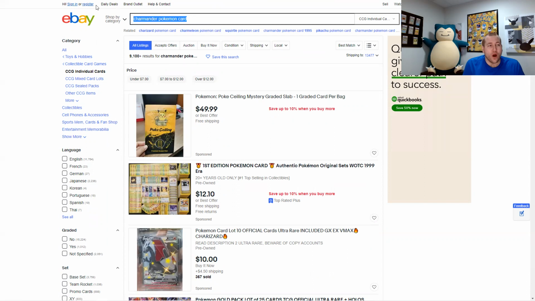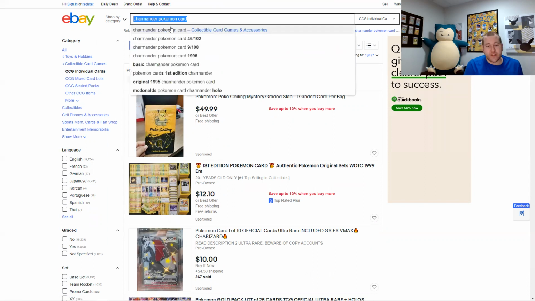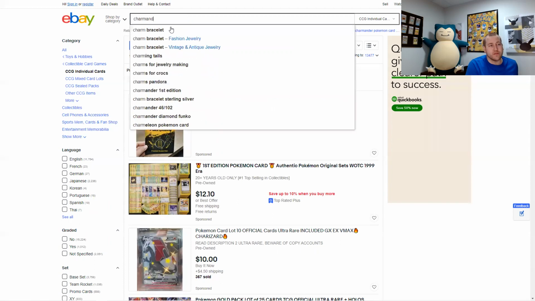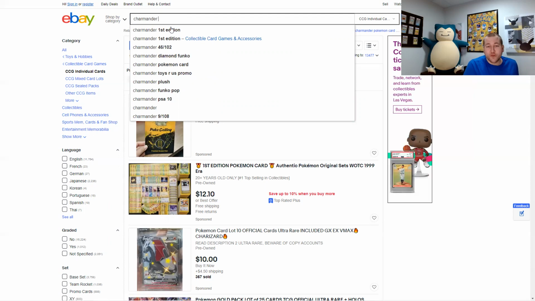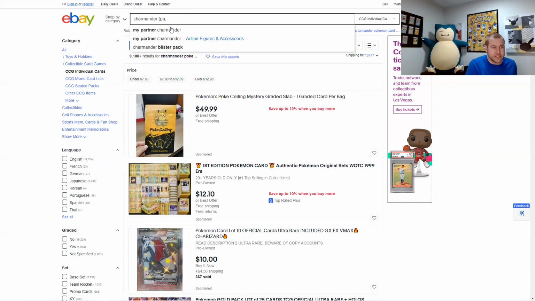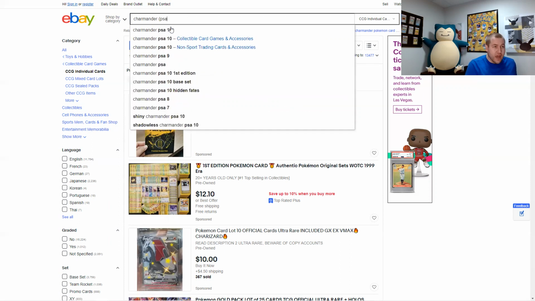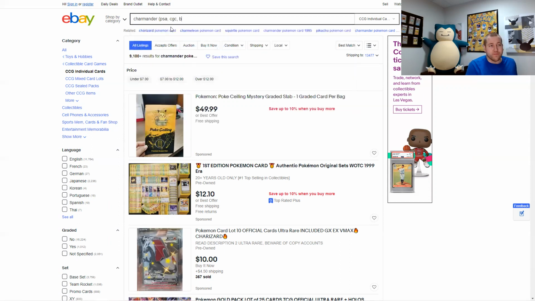If you simply put a word, a space, and another word, you've been using the and thing, whether you know it or not. I guess getting to the next level is the or. So say you're looking for a Charmander Pokemon card, but you want it graded. And say you're a true collector who's happy with PSA, BGS, CGC, any of them. So what this search is doing is Charmander space. This is going to return all results that have Charmander